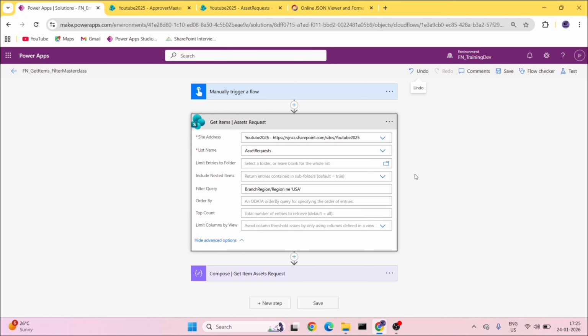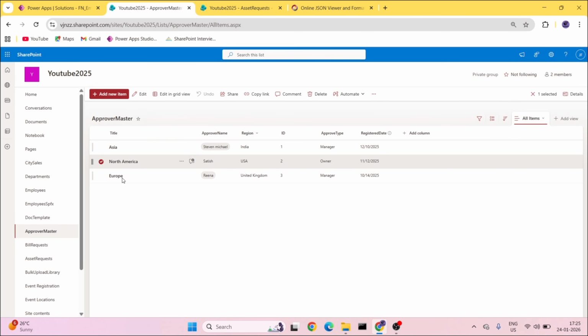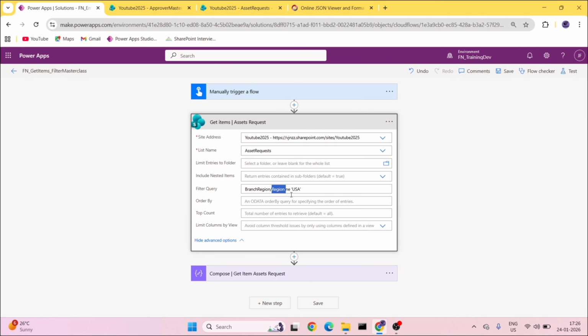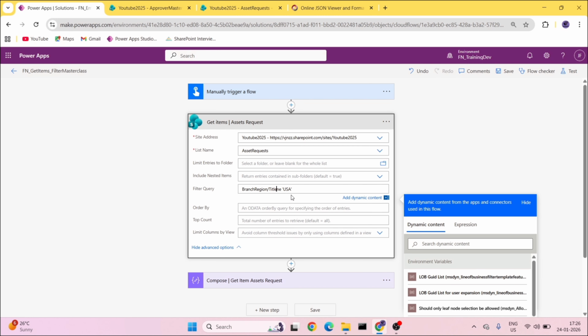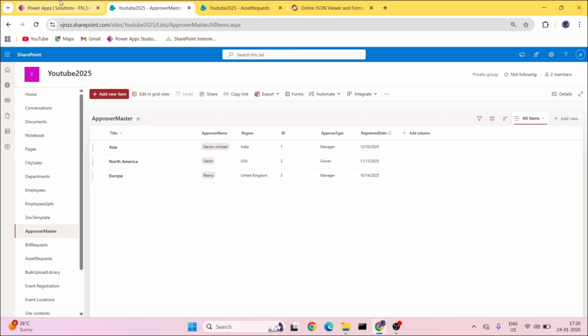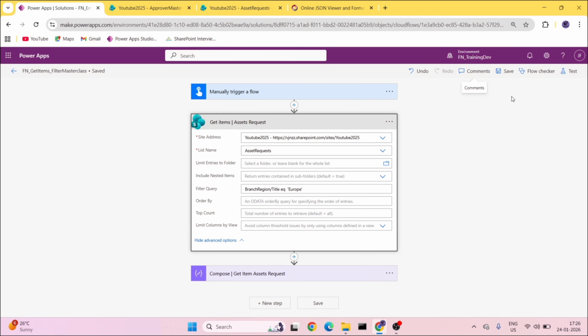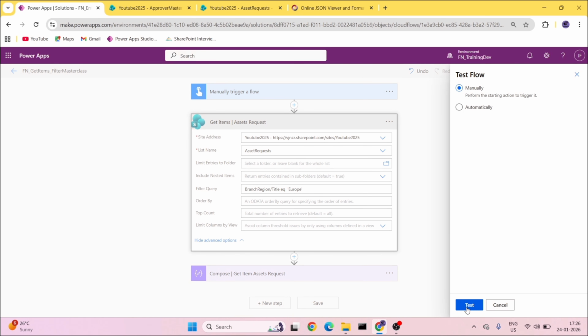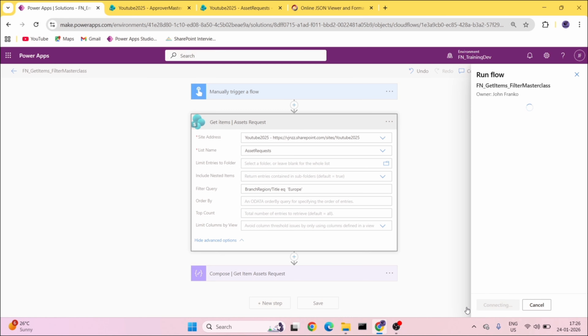But what if you want to query with the title column? We queried using the region column, but you want to query using the title column as well. Add the title here, title equals, and in here just add Europe, right? We have that right here, Europe, correct. I'll save it, test it out, run the flow,